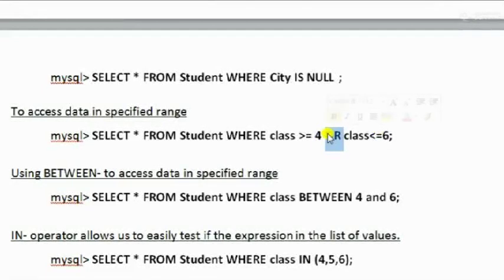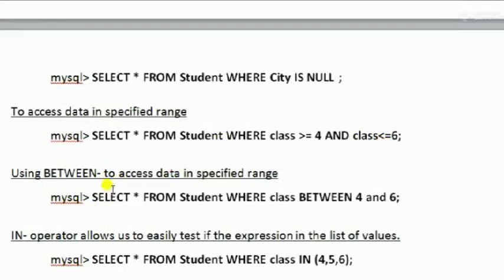Instead of or, if we write and, select all from student where class is greater than or equal to 4 and class is less than or equal to 6. That means in between, from class 4 to class 6, so all the data should be displayed from class 4 to class 6.